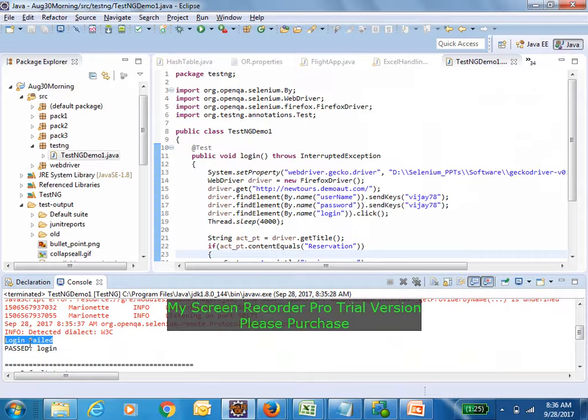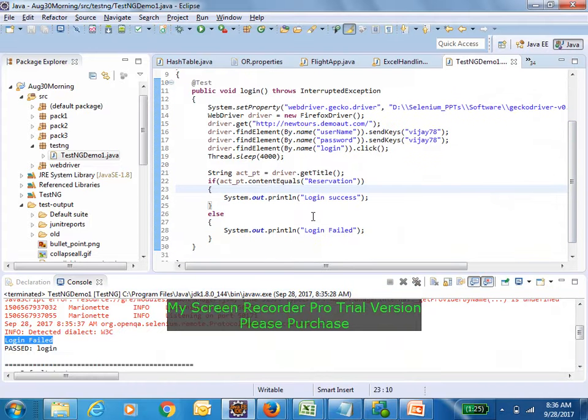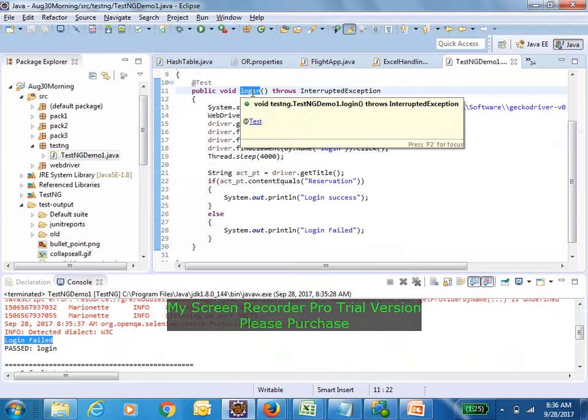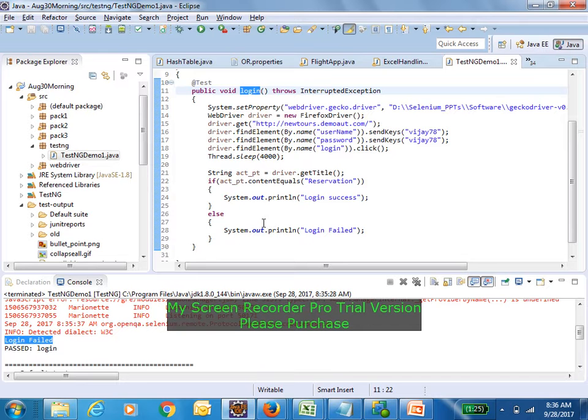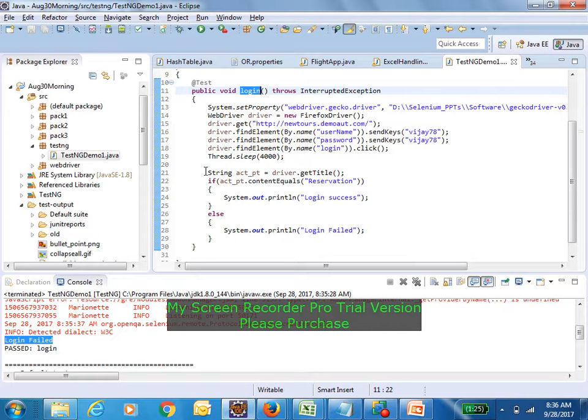But I don't want to use this console. What I want is, whenever it fails, the result should be passed to this test case itself. That is how we are executing, right? When you are executing, in the actual result column, we will capture the actual result from the system. Then only we will say the status is fail or pass. So I need to pass the result to the entire test case itself. For doing this, there is no option available in Selenium.